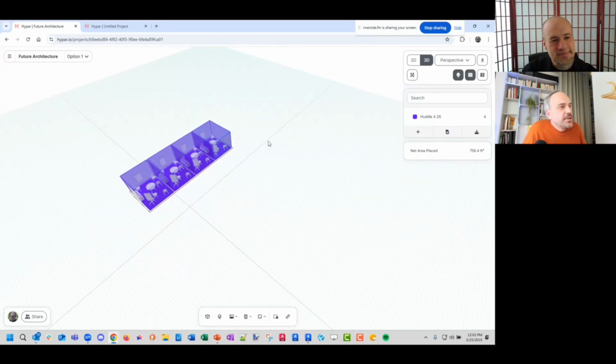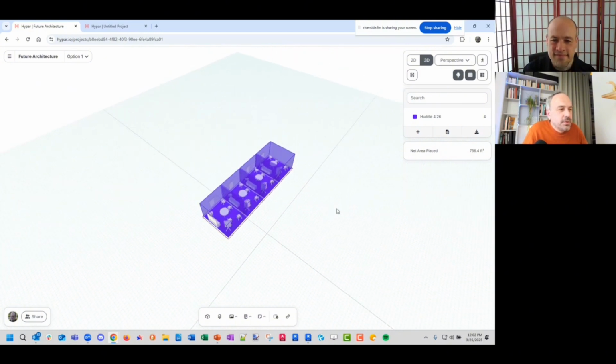But so I understand that Hypar is a tool specialized for space planning and for early stage design. It will not replace Revit. It will complete Revit in the early stages. Yeah, so I'm not sure how much you dug into my LinkedIn, but I ran Revit for 8 years as the director of product management for AEC at Autodesk.